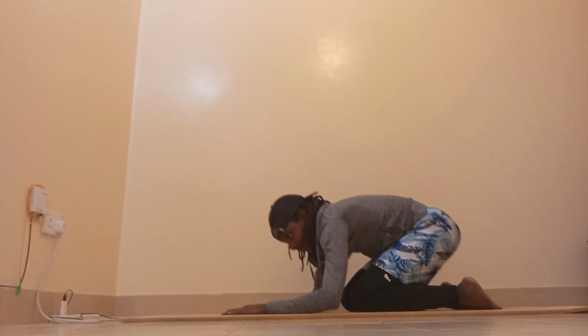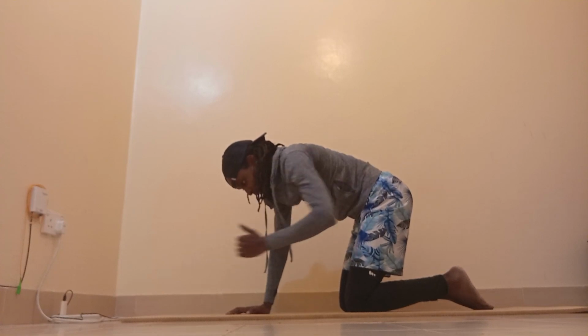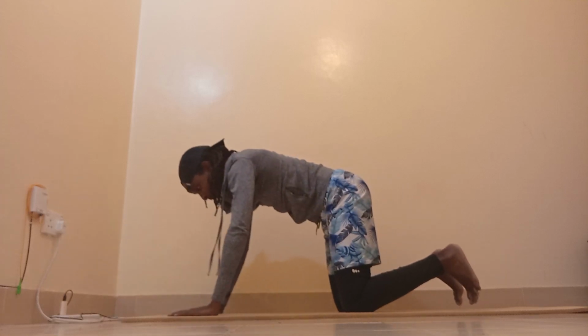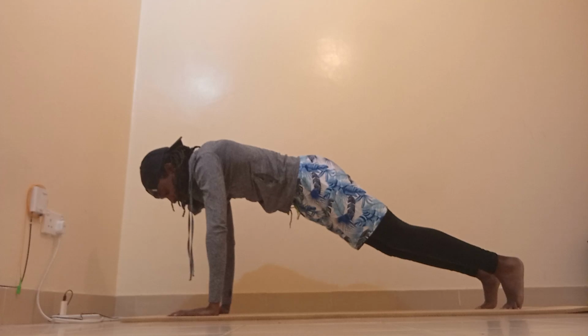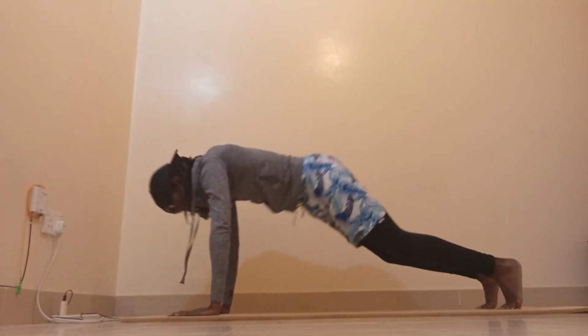Alright, so we're going to have the same swing, the same thing with the seat. We're going to have the same swing, but now we're going to bring in the leg. First things first, adopt the plank position, whether you're on the seat or on the mat. So we start off with that swing over here,